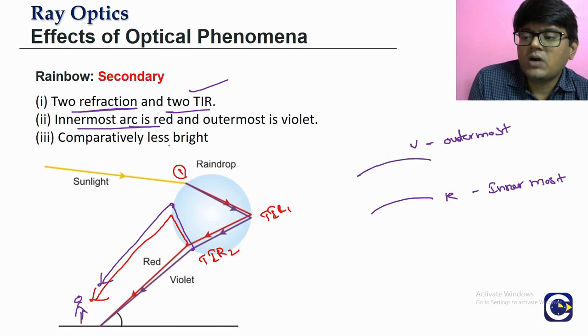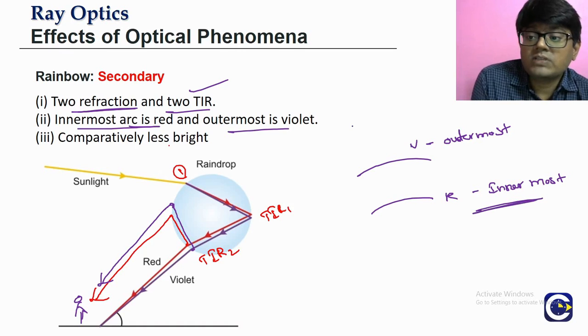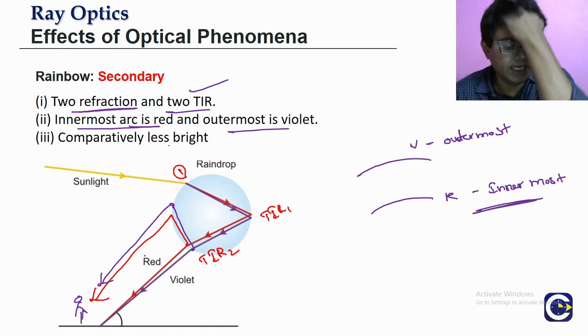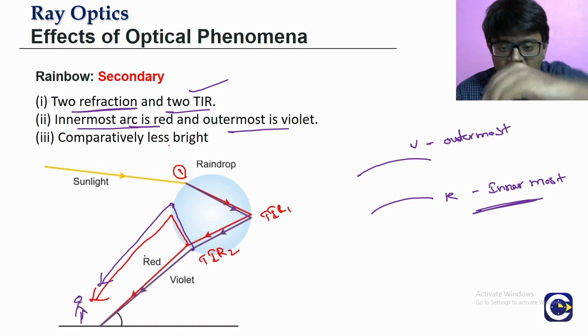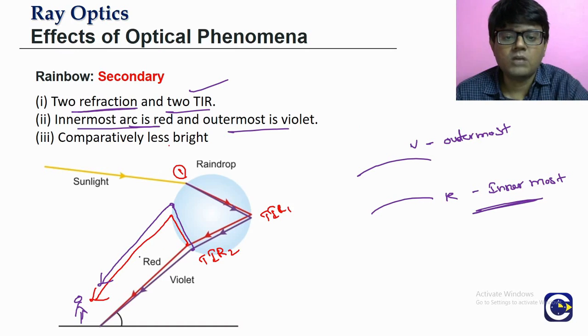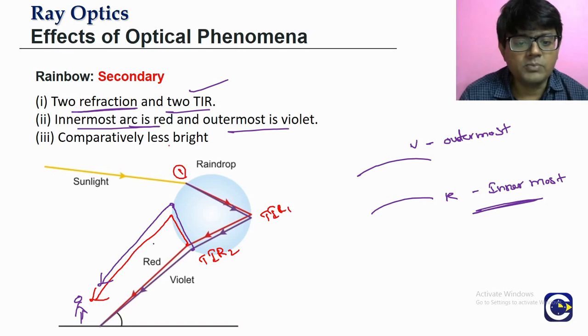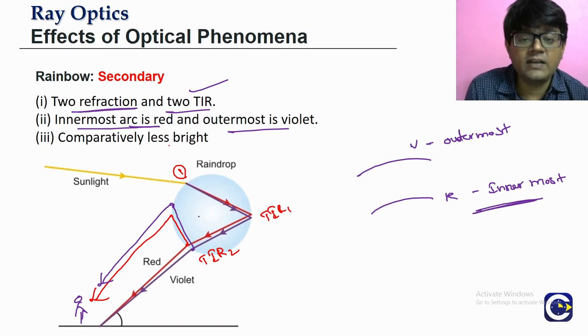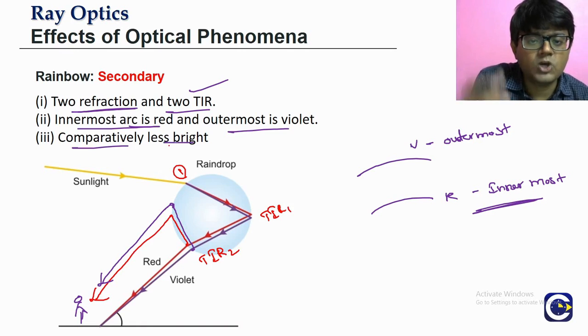The innermost arc is red, the outermost arc will be violet. Since it is undergoing the total internal reflection twice, there will be more absorption of the light component. As a result, the secondary rainbow is generally considered to be dull. More scope for absorption of light means the final rainbow that is formed will be less bright in comparison to the